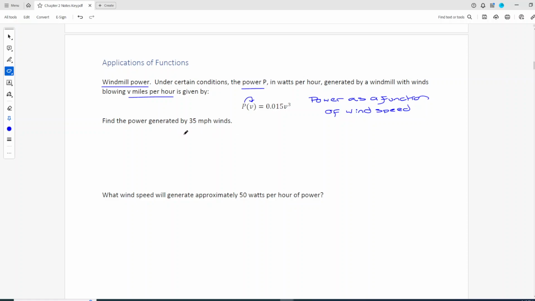So what we can then get you to do is use this application to do something like find the power generated by 35 mile per hour winds. They are telling you that V is 35. In other words, you're finding the power when the speed is 35 by plugging in V is 35. And then you plug it into your calculator. This one I'm not doing in my head. So 0.015 times 35 cubed gives me,